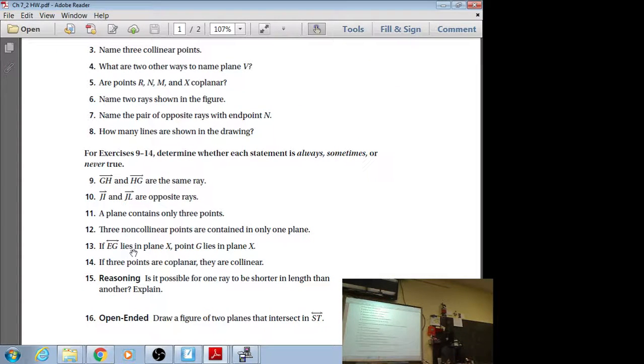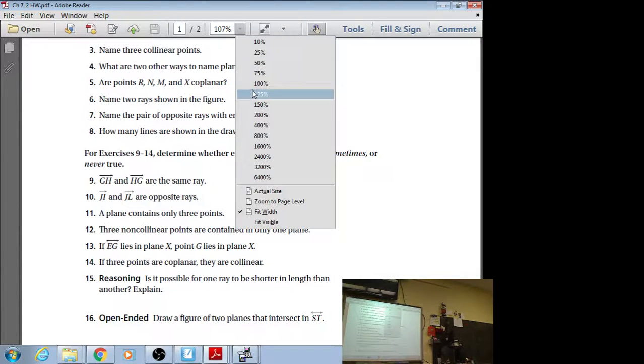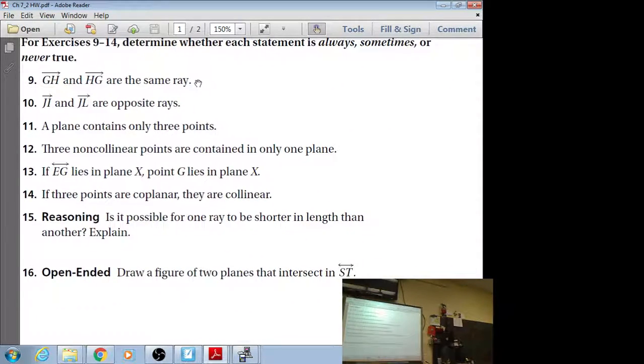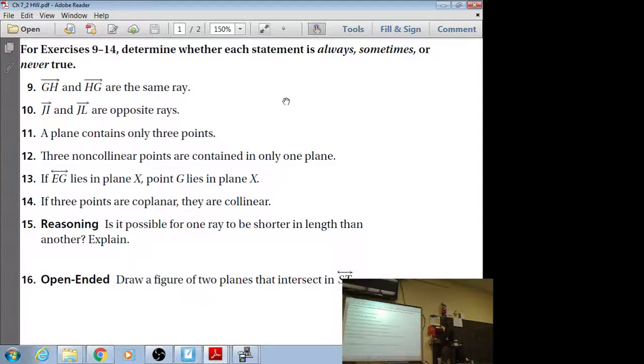This, if EG lies in plane X, that one. So, let's set up the conditions that they're telling us here. If EG lies in plane X and point G lies in plane X, we need to say whether each statement is always, sometimes, or never true. EG lies in plane X. So, I'm going to draw plane X. Here's a plane named X. Then EG,